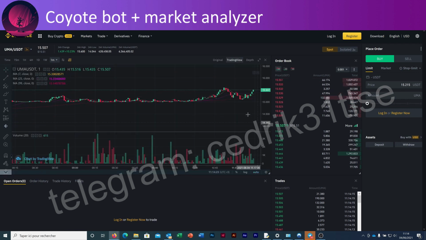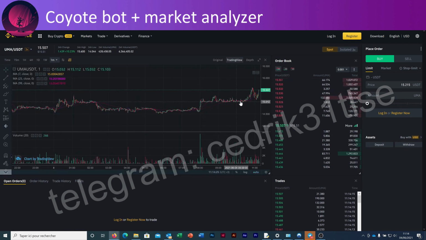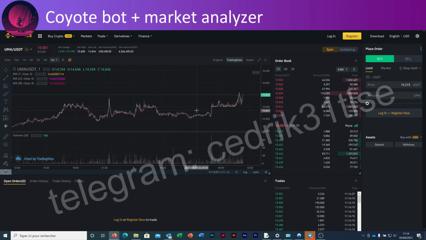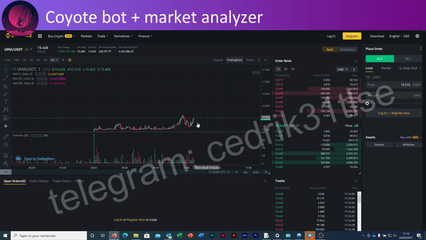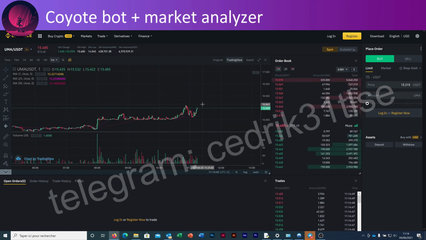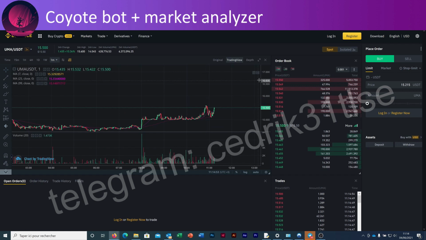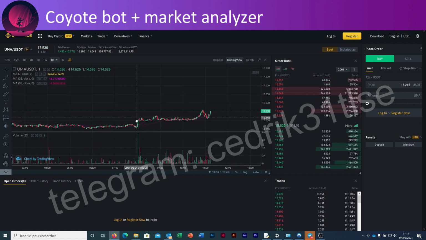So if I change the scale, we can see here there is a pre-pump. The big candle is like here, it's a very big pre-pump, and now the coin is pumping. So this kind of pattern is easy to spot. When you find it, you know the coin will be pumped soon. So we will probably reach the 16 or $60.5 on this coin, like 5, 10, 15% more profit maybe. So this is a good coin to invest in actually at this time.